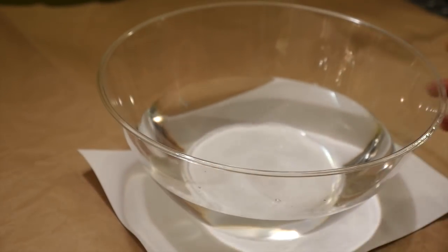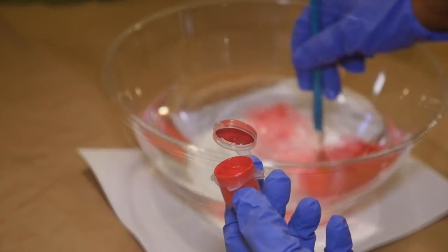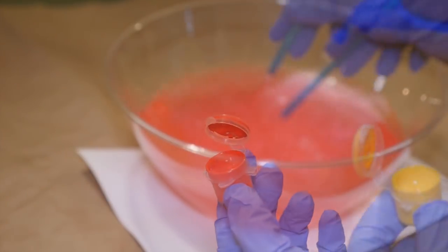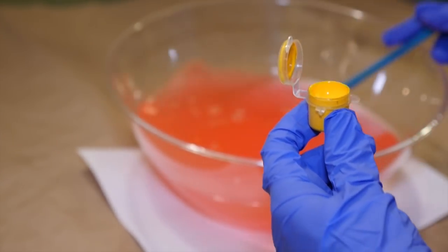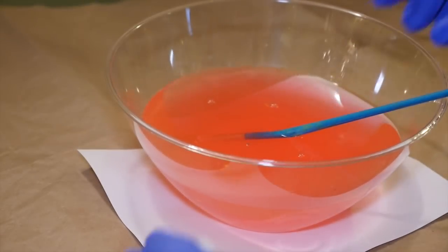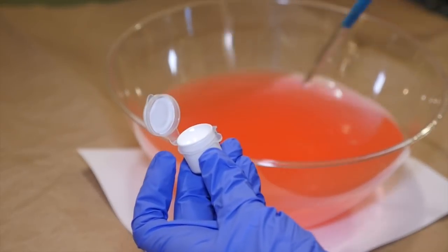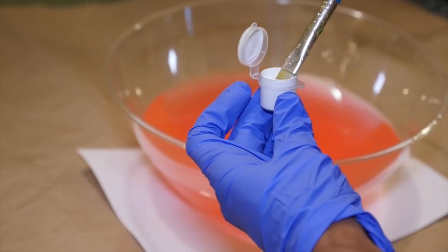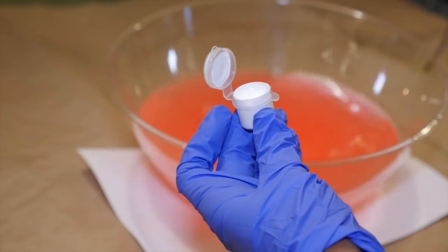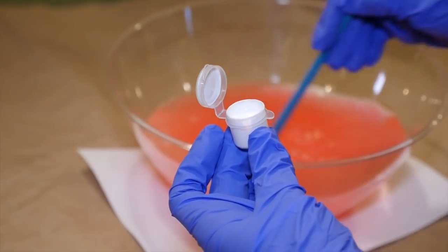I'm filling a large bowl with water, and with the paint I'm going to brush in a little bit of red and yellow to make a blush color. And here I'm just dipping the paintbrush into the paint and mixing it into the really diluted water. I'm also going to add a little bit of white, so I want a nice blush color. And you want to mix that up till it's nice and smooth and there's no clumps of paint floating in